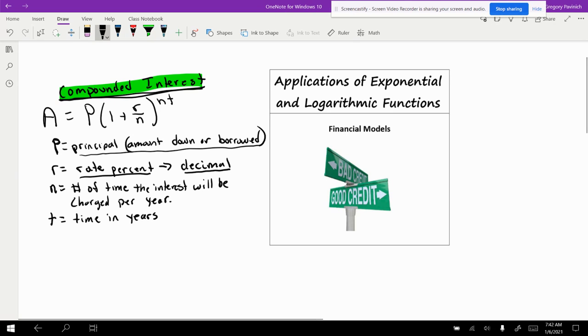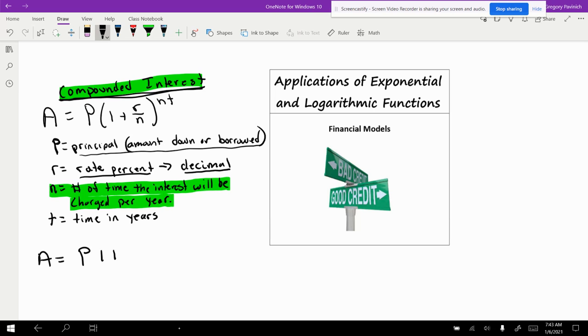And the next one is about how many times you can be charged interest per year. Obviously, you can be charged once per year, or twice per year, 3 times per year, 4 times per year, and you can keep going. And what happened is mathematicians started saying, well, what happens if we make the number of times infinite? So every second, every minute, we charge you that interest. And so what they did is they took